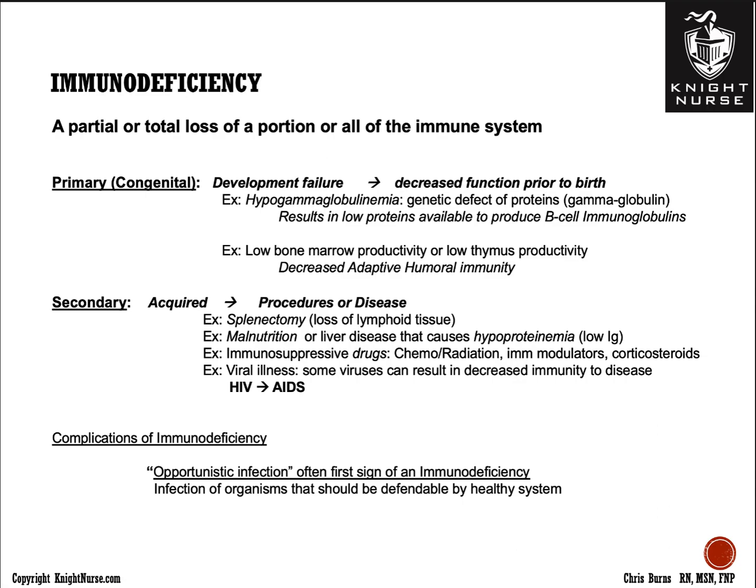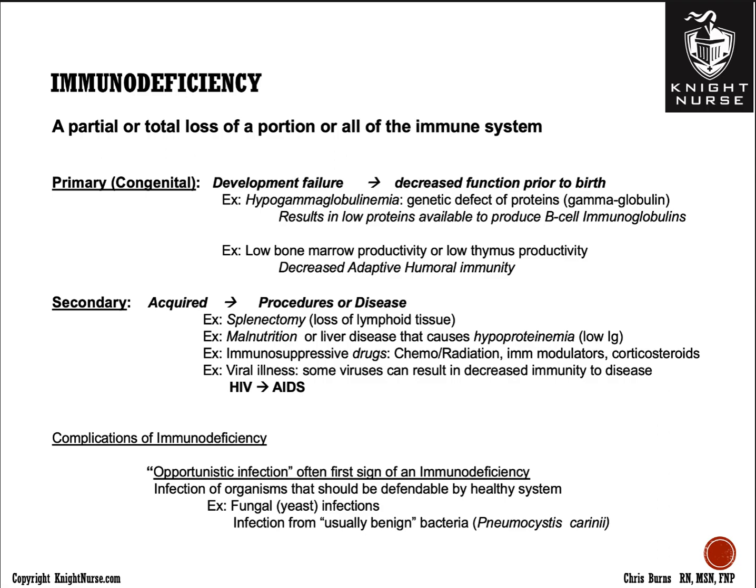Now, an opportunistic infection is when the infection of an organism that really should have never happened, the body should be able to defend against that infection. So, such fungal infections or infections from usually benign bacteria, like Pneumocystis carinii, also known as Pneumocystis jirovecii. So if someone comes in and they have a pneumonia and it's cultured and it's found to have Pneumocystis carinii,